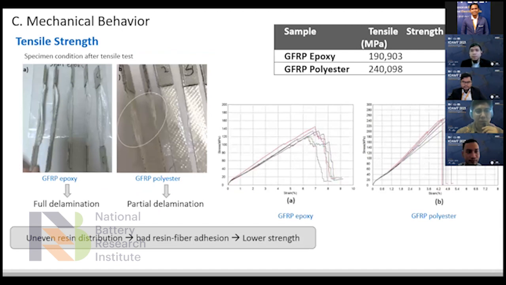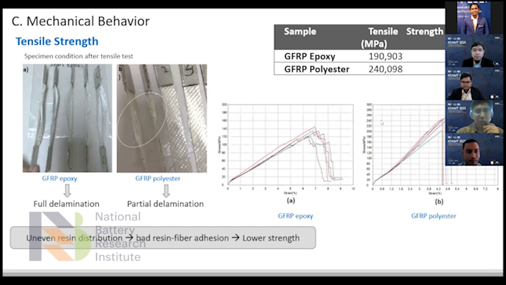Finally, when we test our specimen, to understand the mechanical response of the materials, we apply the tensile test. We found that the epoxy-based GFRP sample has a tensile strength of